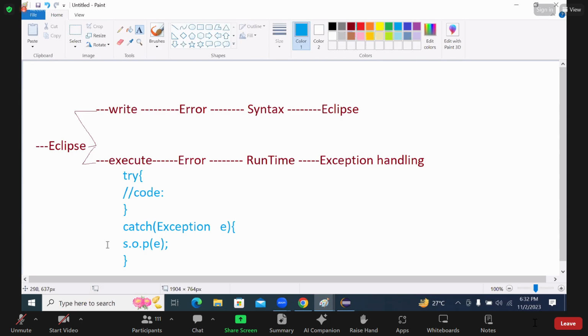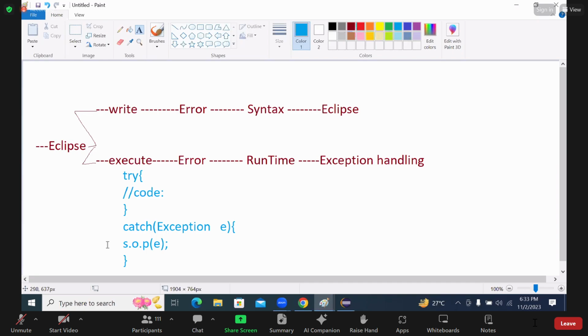No, we have not implemented exception handling. That means implementing exception handling is not mandatory,